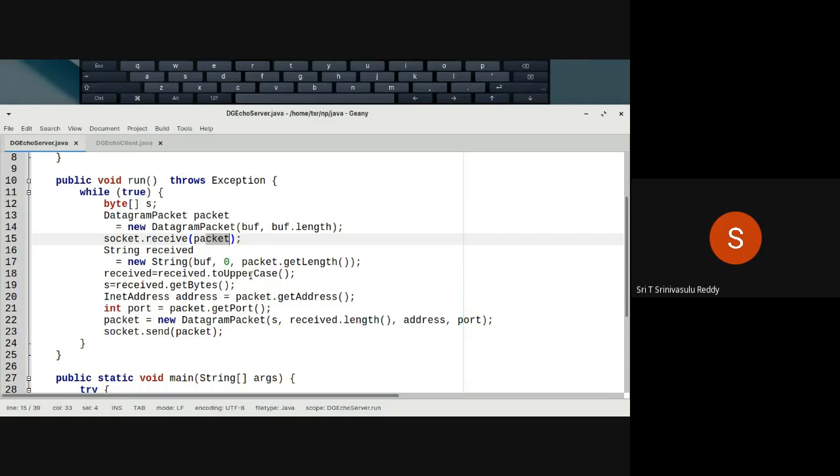You can do that easily by using received.getBytes. On a string object, whenever you use the getBytes method, it returns the string data in the form of an array of bytes, and you are storing it in the variable called yes. That's why you have declared it here.